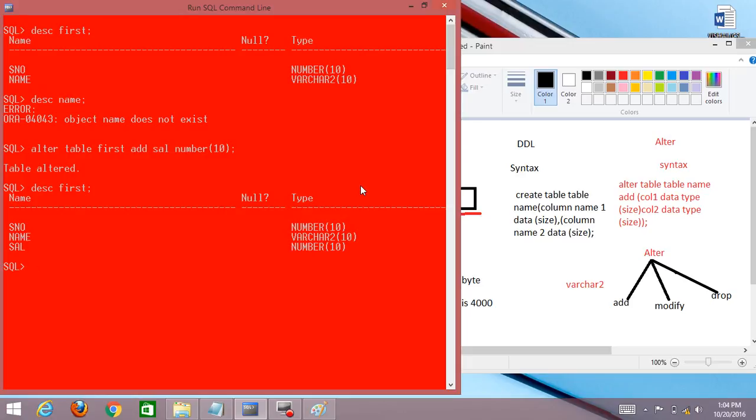In another session we will see how to insert all the data in the table. The next command is DML: insert into table, update table, and all these things are available in DML commands.